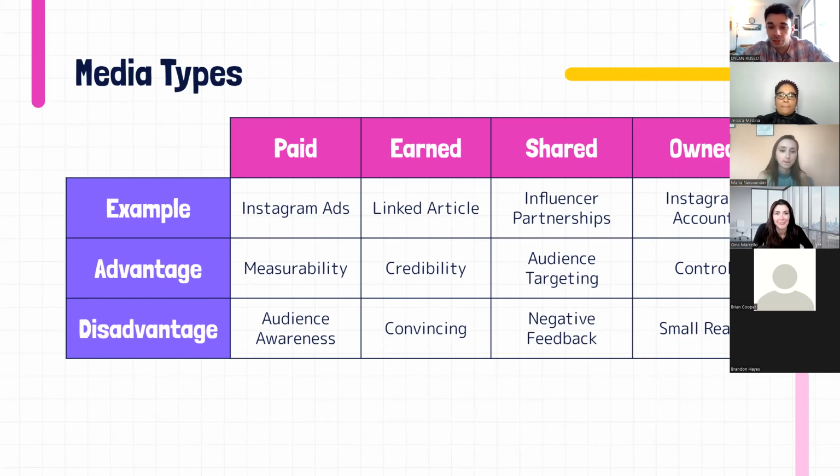Obviously, the advantage of this is control. Similar to paid media and an advertisement, you pretty much control the content that is being put out there. But instead of paid, this is free. So it's completely free. You control it. And the disadvantage of this is, unfortunately, it is only using what you have available to you, which is why you use the other 3 media types. So it's a small reach. You use those other 3 media types to reach beyond what you can just reach with what you own.